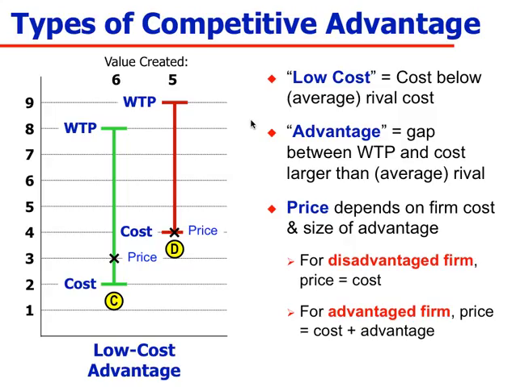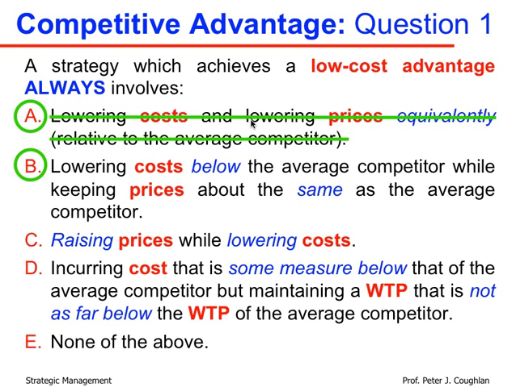So in the example the price is lower, but you certainly could be even further below the competitor in terms of your price, because your price is simply going to be whatever your cost is plus the magnitude of your advantage. So depending on how much of a cost advantage you have, that'll dictate how much lower your prices are. So lowering costs below the average competitor while keeping prices about the same as the average competitor